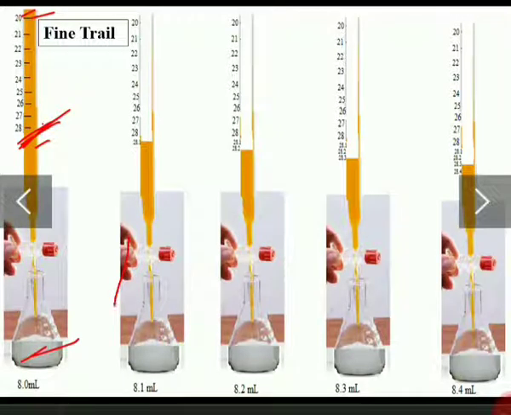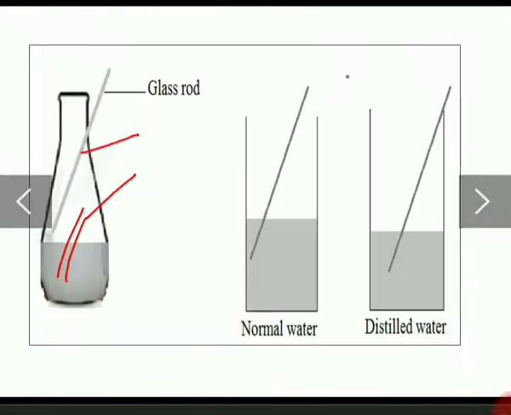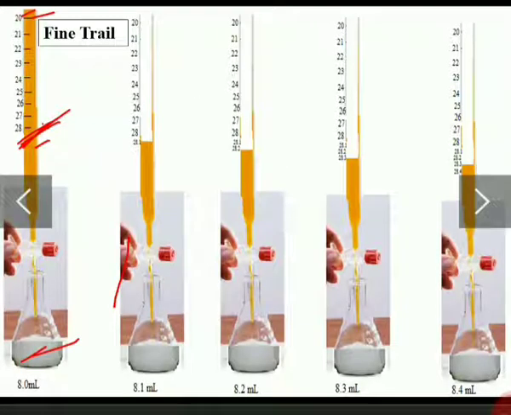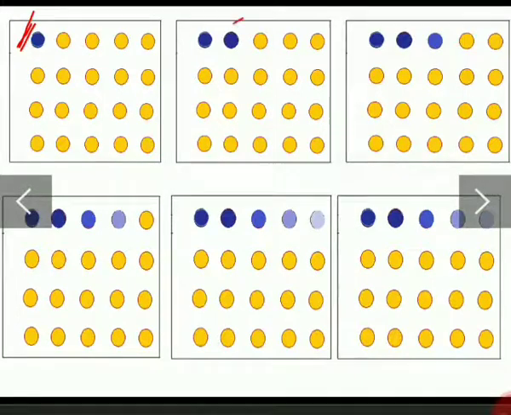Now, second addition, don't add 1 ml. Now you have to add 0.1 ml. You have added 8 ml at a stretch. Now add 0.1 ml, that is 28.1. Next, again bring the sample using glass rod. Bring the sample in contact with the indicator. Indicator has again produced color. It says that there is still Fe2+ ions remaining.